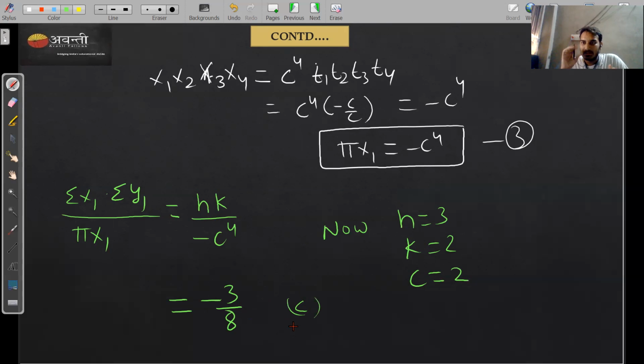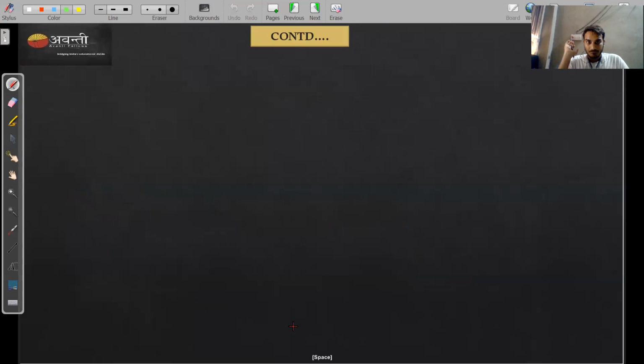Okay, so is this clear? This is a very easy problem, right? Nothing much we have to do. Whatever the question is asking for, the requirement of the question, we are considering our equation and we are getting the equations, right? Okay, any doubt? You shouldn't have any doubt, right?